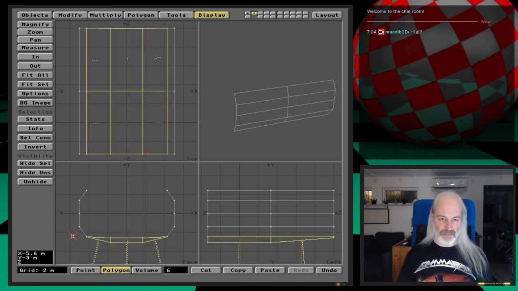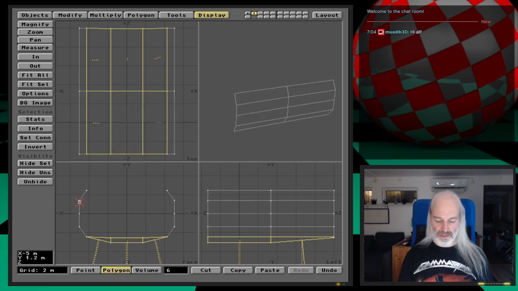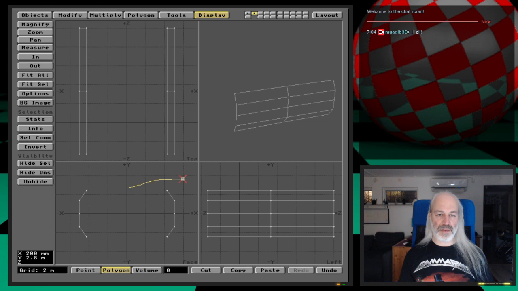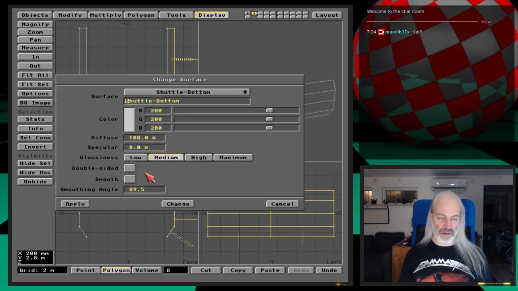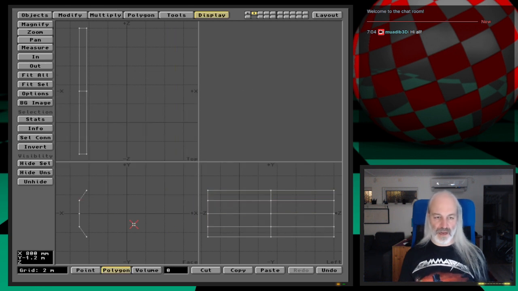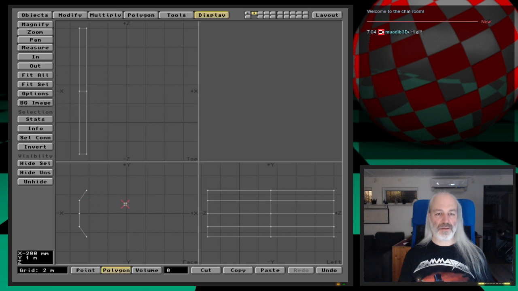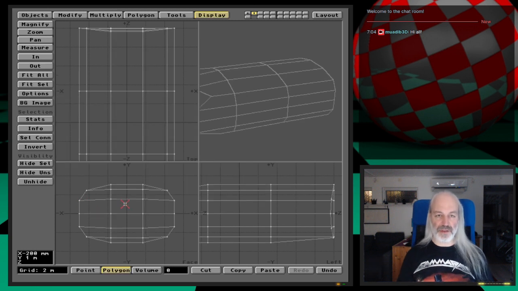then shuttle bottom, apply, hide, and now I have shuttle left, hiding that, and then I have the one left. I don't have to select, shuttle right. Okay, now I'm hiding everything,